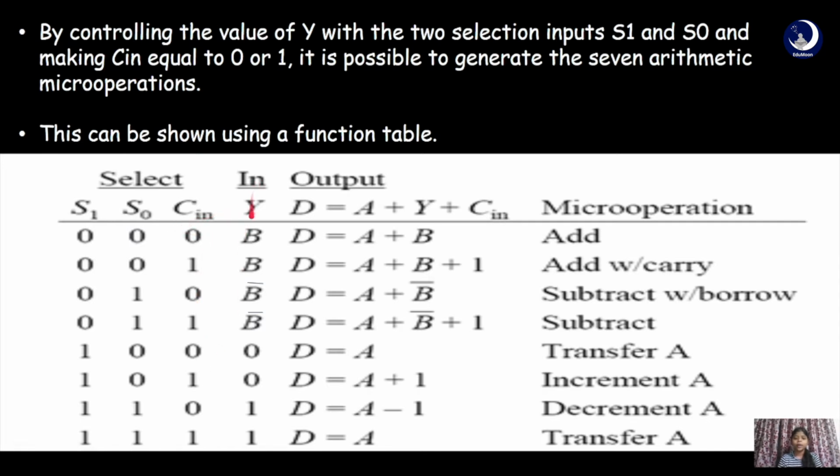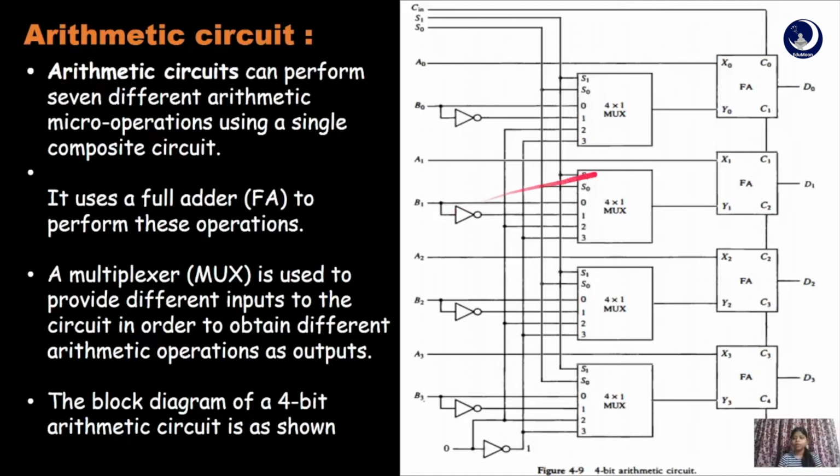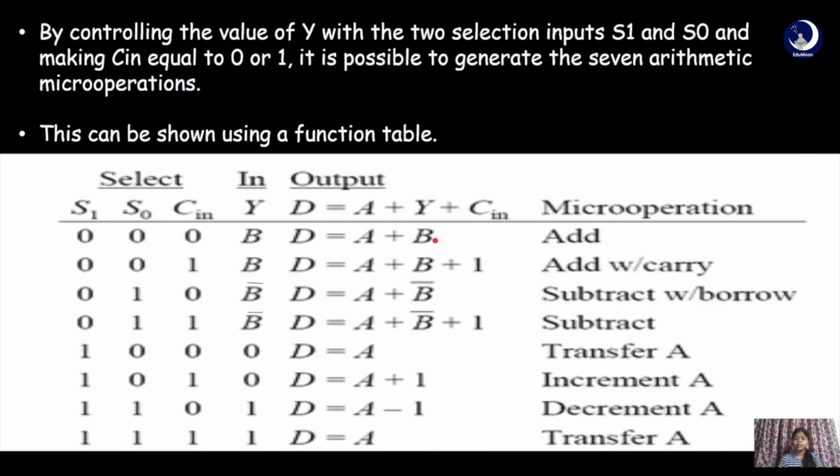And we have input variable Y and also output variable D is equal to A plus Y plus C. This is obtained by the full adder. That is, the full adder adds the bits X naught, Y naught, X input, Y input, and the carry input, and produces the output D. So here X input is nothing but A input. Here A bits are given as the X input, so X equals A. So D is equal to A plus Y plus carry input C. So the equation is represented here.